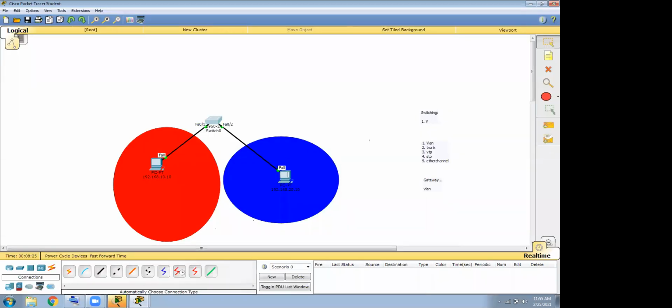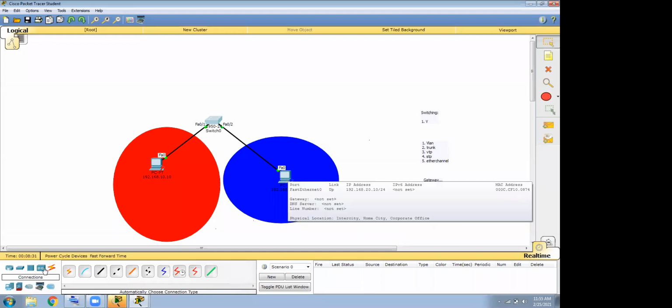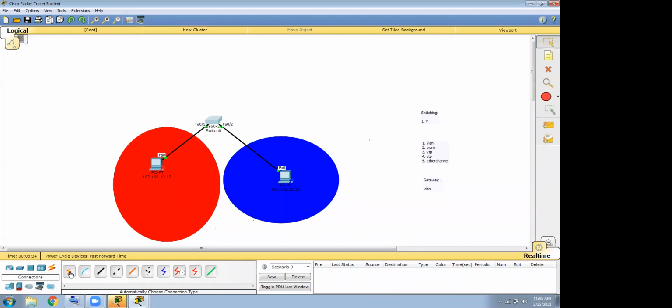So VLAN 10 cannot talk to VLAN 20. Why? Because they are different networks, right? So you need some layer 3 device. You need a gateway, because entry and exit point has to be done from the gateway.